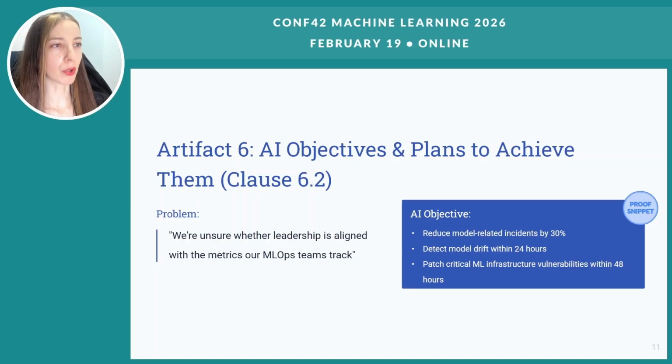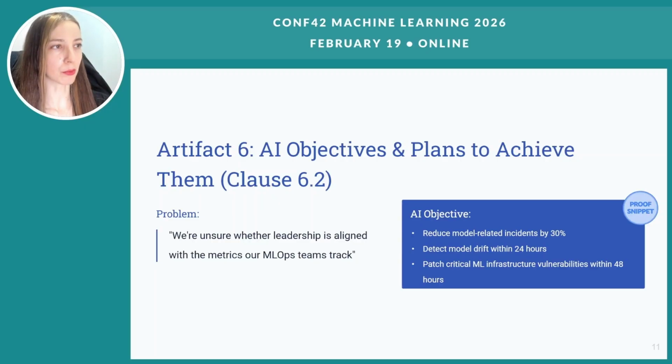In many organizations, monitoring exists, dashboards exist, alerts exist, but if they are undocumented or not disseminated and openly discussed among personnel within AIMS scope, it can remain unclear what success looks like. ISO 42001 requires objectives to align with the AI policy and, where practical, to be SMART, meaning specific, measurable, achievable, relevant, and timely. This means things like reducing model-related incidents, detecting drift faster, or ensuring secure patching timelines for infrastructure